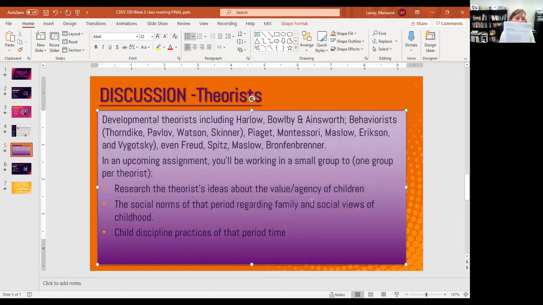So this article is going to help you with this, but the idea is, as a group, it's more of a thinking, digesting, talking, teasing these ideas apart, and coming up with some kind of way that these theorists... I don't want to hear about the zone of proximal development. I don't want to hear about scaffolding. I want to hear about this, and I'll help you with some tools on this. But thinking about what was normal for that time.